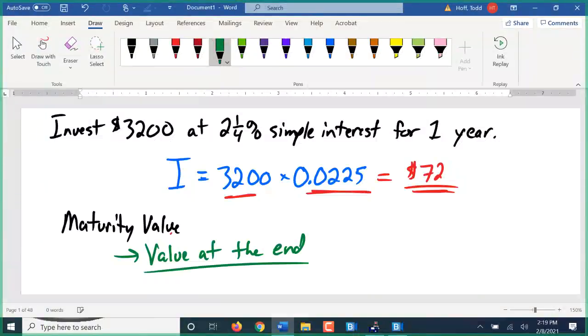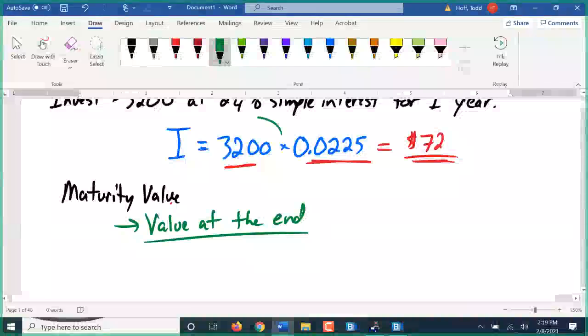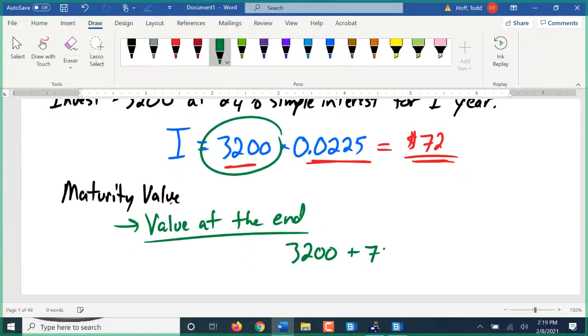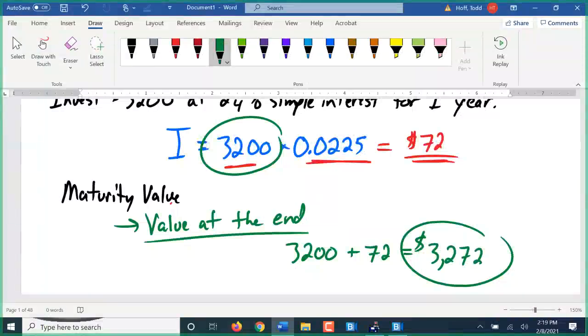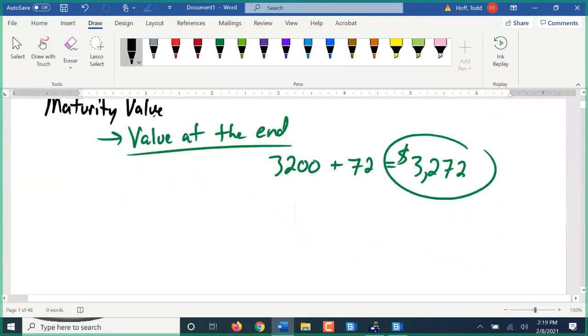Maturity is the end of the term. So the maturity value for this would be the $3,200 plus the $72. That would be $3,272. That's just for the 1 year, yes. So we did 2 years on that. Well, with simple interest,